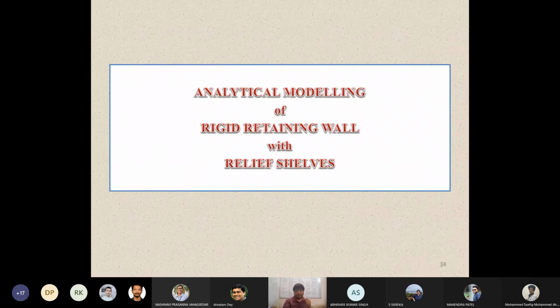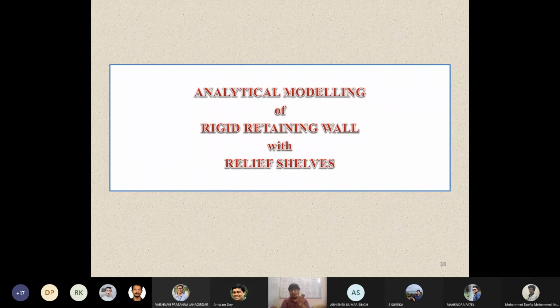Okay, now not only this telling this what we got from this model test is not important, because this is a small scale model test, so we should definitely have some analytical formulation, because this will facilitate any designer to know how the bending moment and shear force distribution should be for this kind of wall. So what we thought is that we should introduce some analytical model